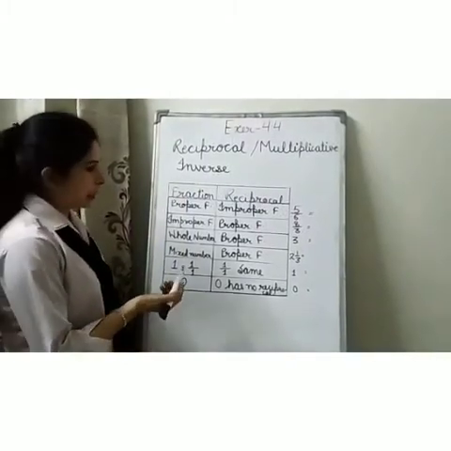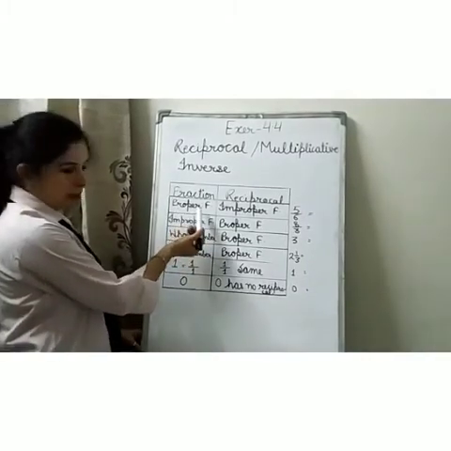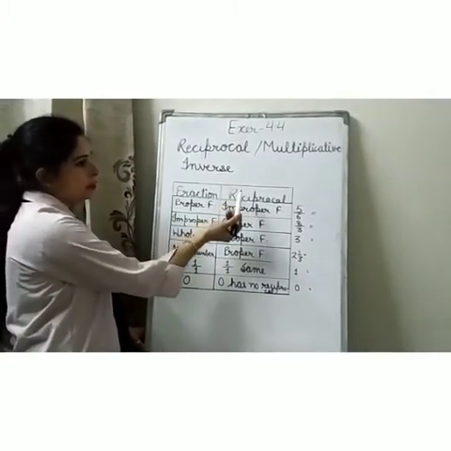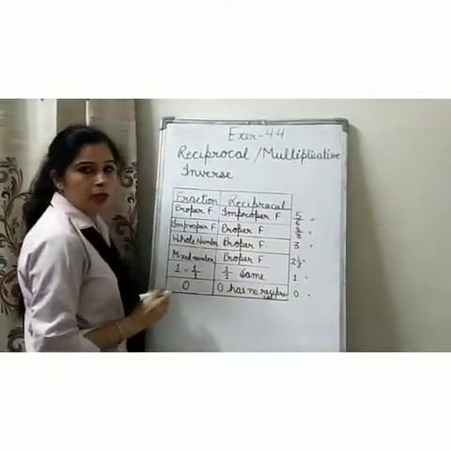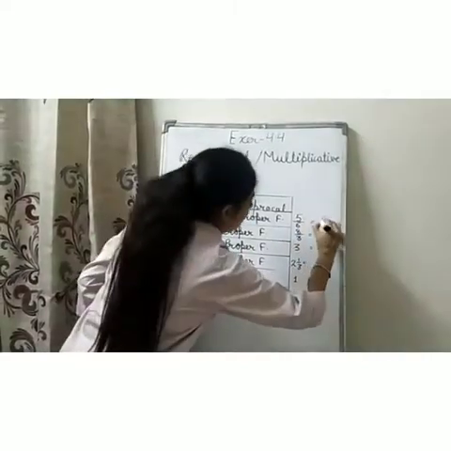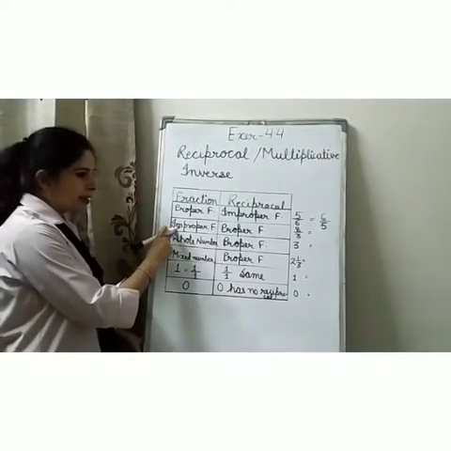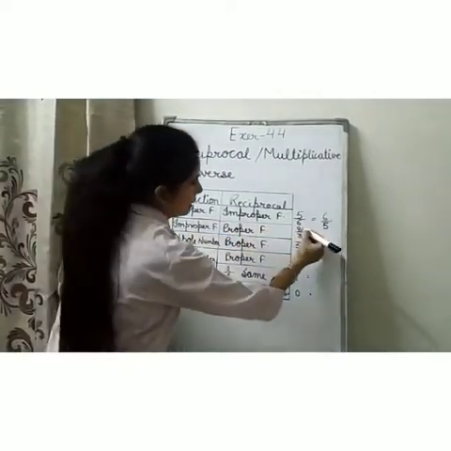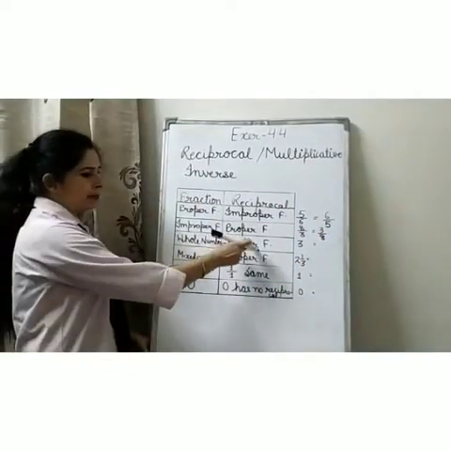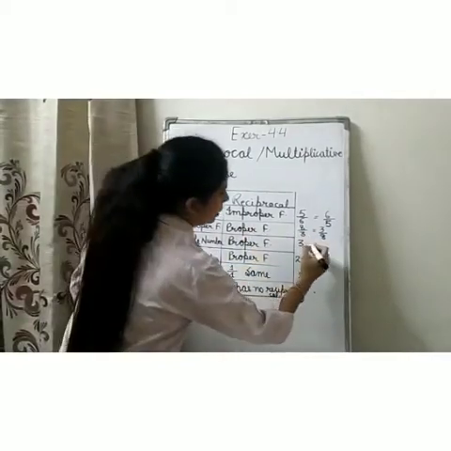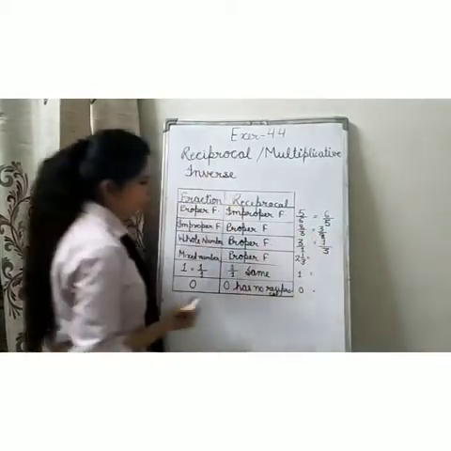Now I am going to explain reciprocal through this table. See, if the fraction is a proper fraction, the multiplicative inverse or reciprocal will be an improper fraction. For example, 5 over 6 is a proper fraction and the reciprocal will be 6 over 5, which is an improper fraction. Next, if an improper fraction is there, it will become a proper fraction. For example, 8 over 3 will become 3 over 8. A whole number will become a proper fraction. 3 is a whole number. We can write it like 3 upon 1 and the reciprocal will be 1 over 3.